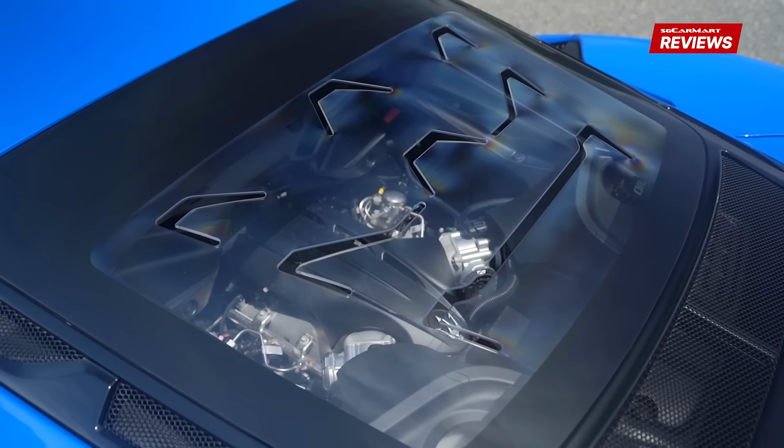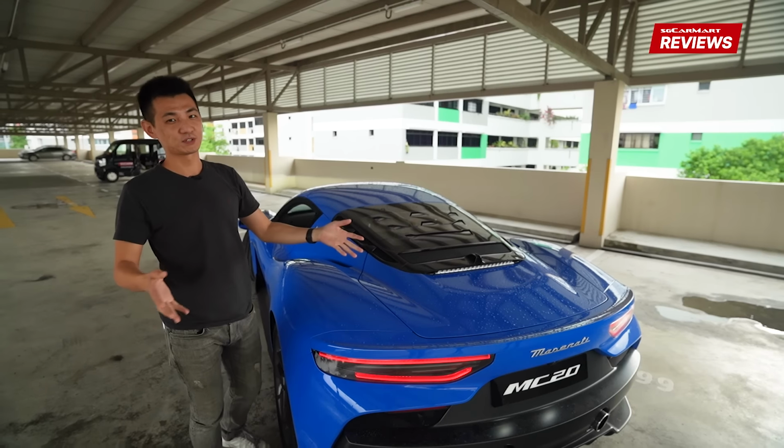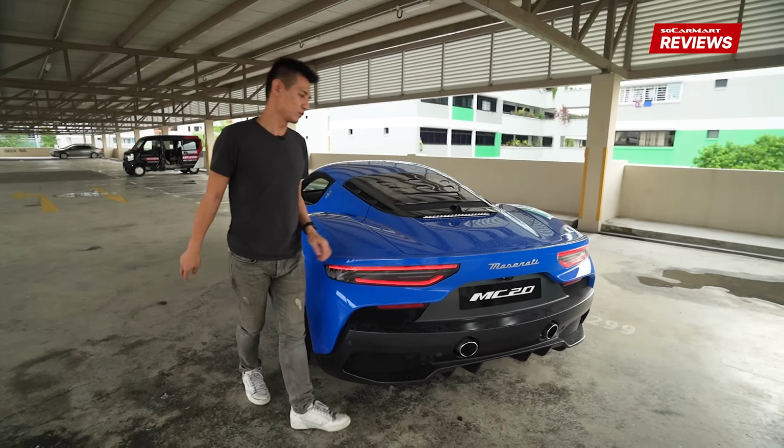from here you can just look down and see the V6 engine inside. Perhaps not so much for you as opposed to just for people who are walking past and staring jealously at your car. So if you check out the boot,